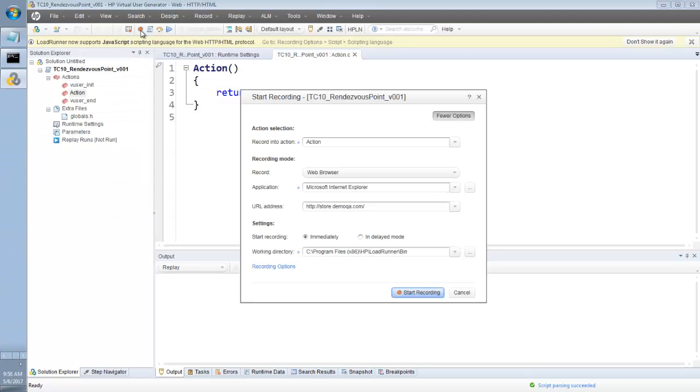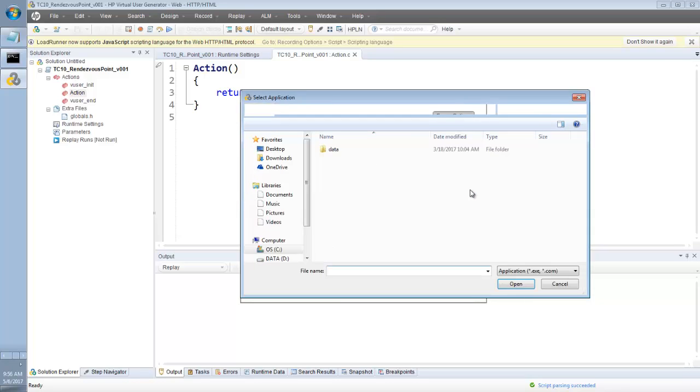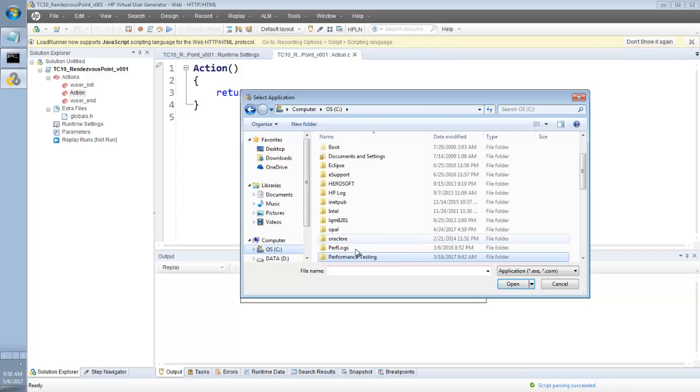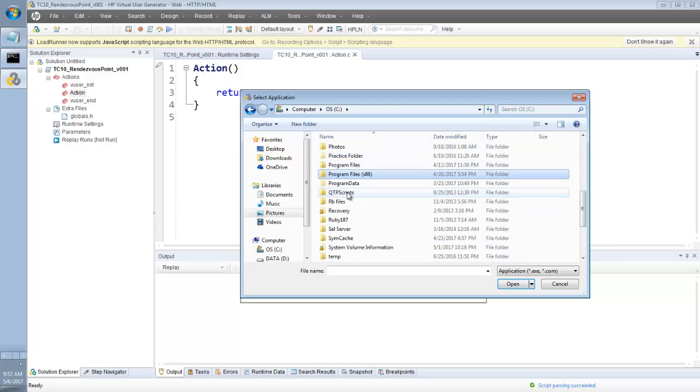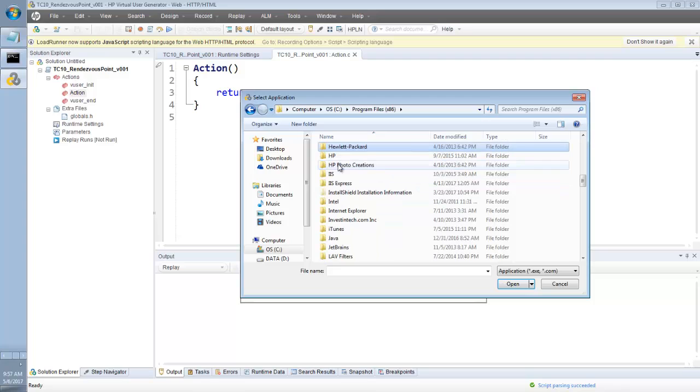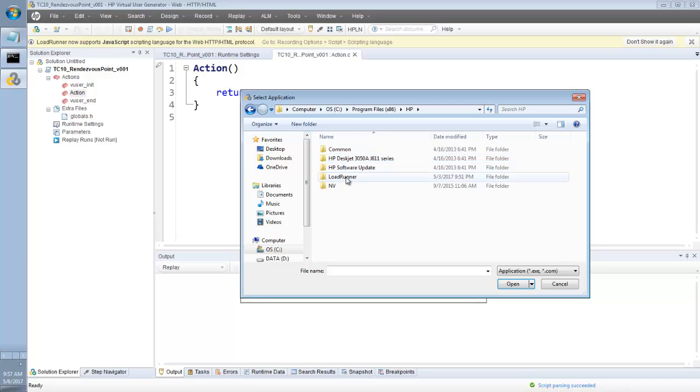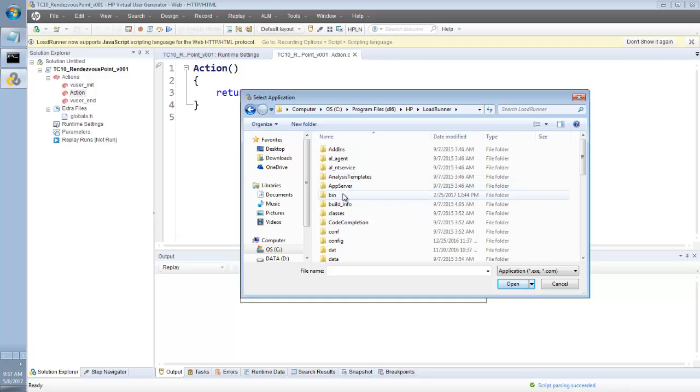Now if I go to record, let's say we want to record not on Internet Explorer, but on a different browser. Can you see where I am clicking? From there you will have to go to your C drive, and then find Program Files (x86), and then find Hewlett Packard, HP, and can you see LoadRunner? You click on it, and then can you see bin, and if you type